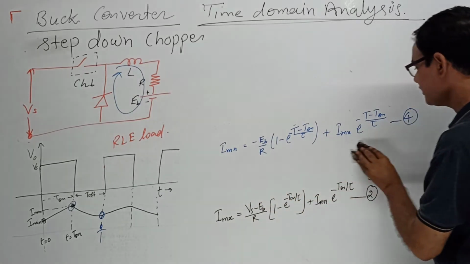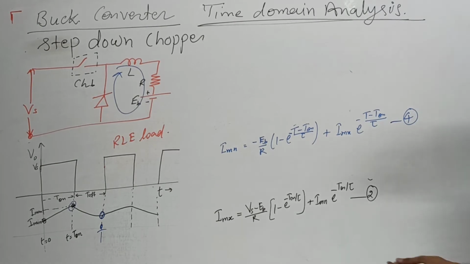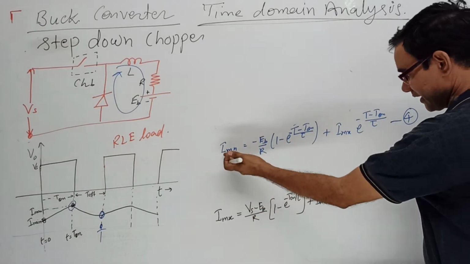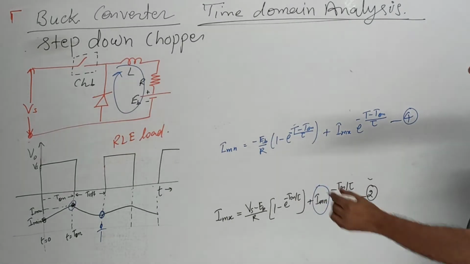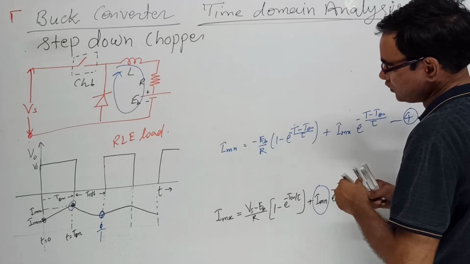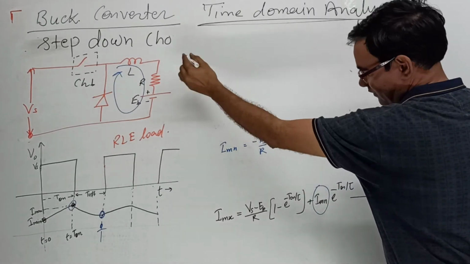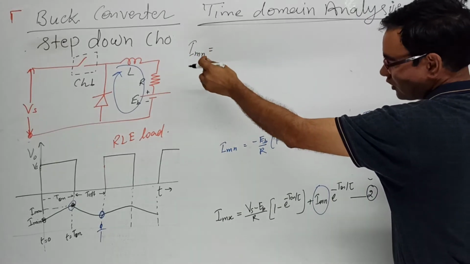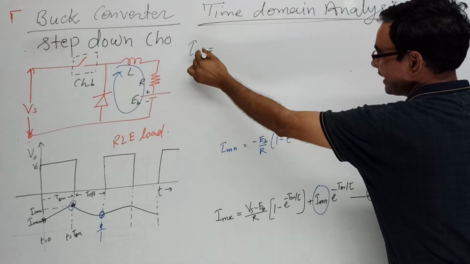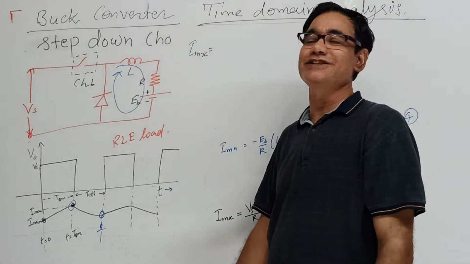These are the two equations now, and these are the variables. So I will put the value of Imn in equation number 2. Imn over here we can put the value, so we can write down the equation like this. Imx, and x is equal to, this is nothing, it is the analysis.